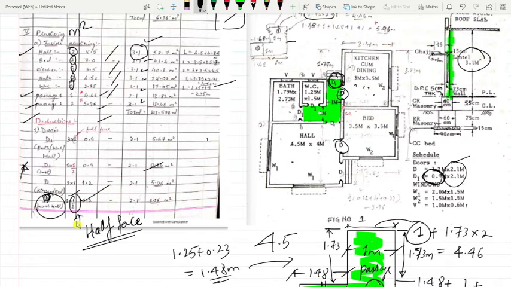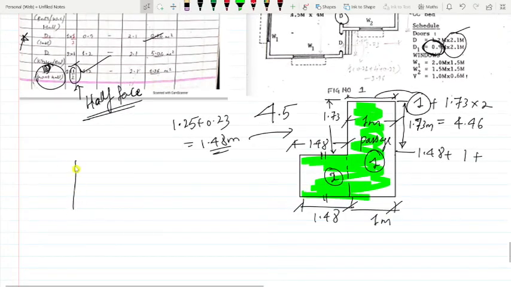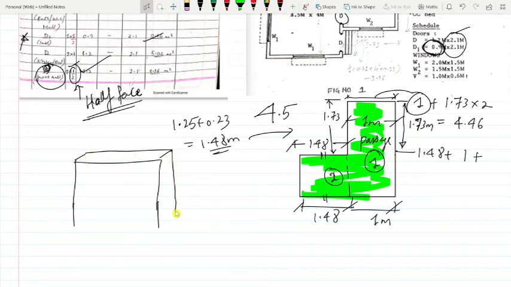We have to deduct. See, where we do the full deduction, you just understand that we do the full face deduction. Doors D1, for D1 we do the deduction. For front hall, what we have to do, we have to consider only half deduction there, into half. Why half? See, I am just showing.